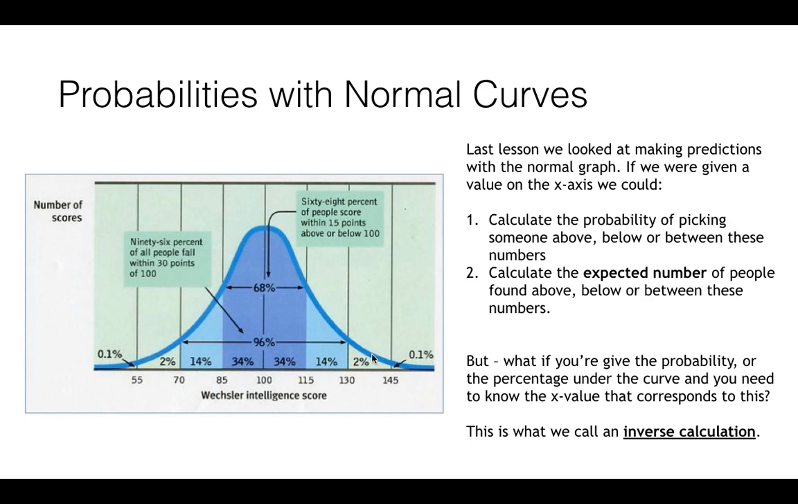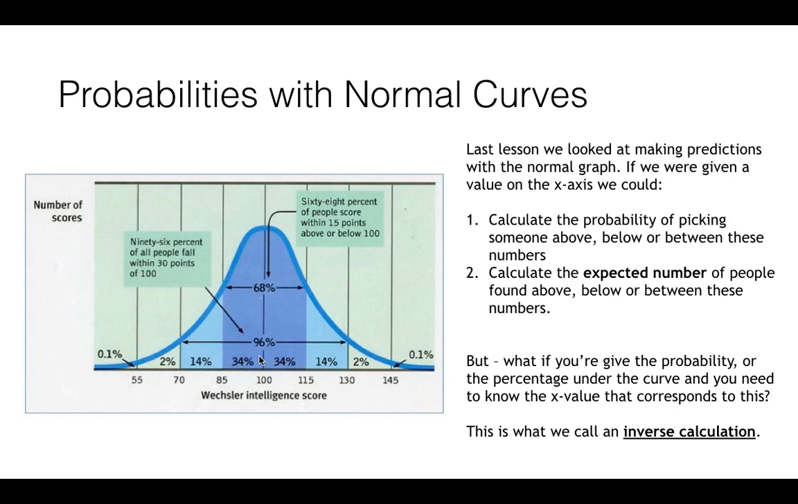So thinking back to last lesson then, the things that we were able to do was what we just did then, calculating the probability of picking someone above or below or between certain numbers. So if I gave you the numbers here, if I said, find me the probability of picking someone with an intelligence score between 85 and 115, you would be able to tell me that there's a 68% probability or a